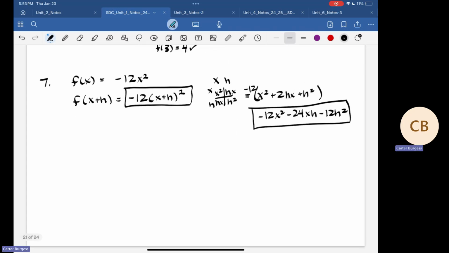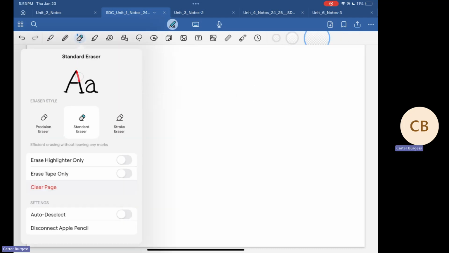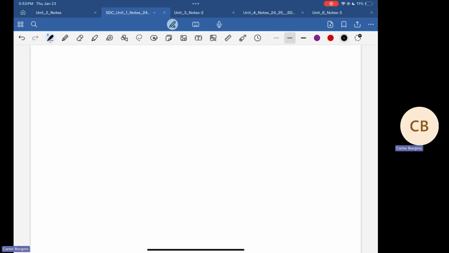All right, let's take a look at number 10. I know I did this one in class today for everyone, but we'll go ahead and do it here as well. So number 10, trying to identify the domain of a particular function. In this case, we are looking at the square root of 9 minus x squared over x squared plus 3x